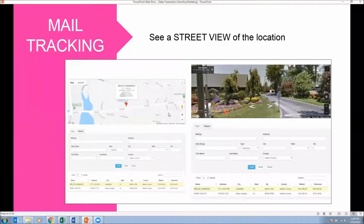We also integrate with Google Maps, a really cool feature. This is also going to give you peace of mind in terms of your mailing list. If you purchase a mailing list within a certain demographic, say home values in excess of $1 million, you don't want to dial in and look at a street level view and see that your mail was being delivered to an apartment complex. So we're giving you the peace of mind that your mail is being delivered